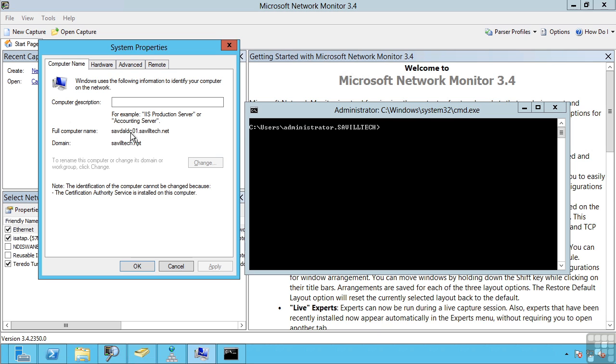in this case savdaldc01.saviltech.net. Now we also saw in previous lessons that each machine communicating on an IP network has an IPv4 address. But to actually communicate between boxes, its MAC address has to be found, and this was done using the address resolution protocol. But in the same way that we have to map an IP address to a MAC address, as